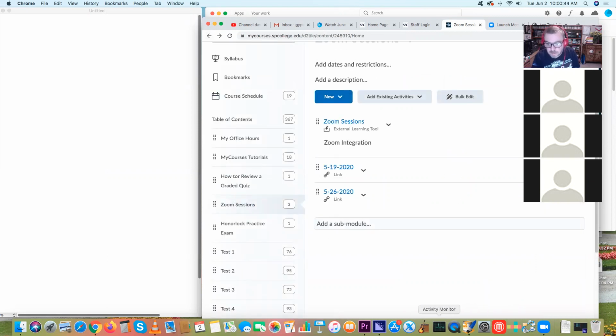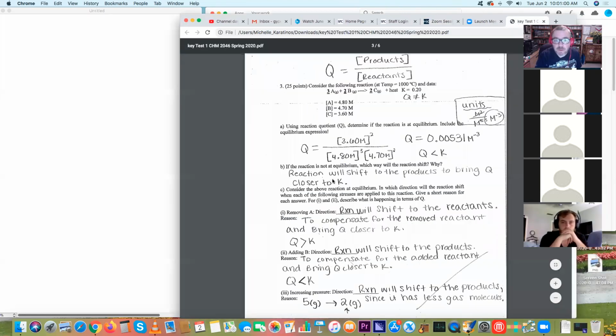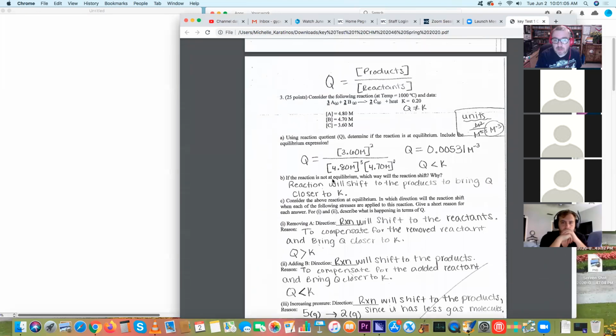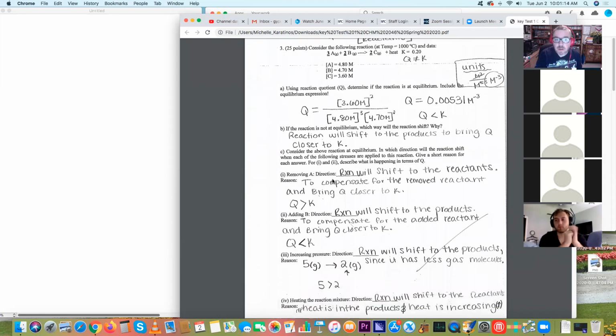So what I wanted to do today, at least in the first part, was focus on the stuff that I had said you need to look at for today's Zoom meeting, which was to do with question 3 and question 4 on the paper tests. And then I'll go through the similar questions that are on the ungraded copy of test 1. All right, so just to give you a bit of context as to what we're doing,